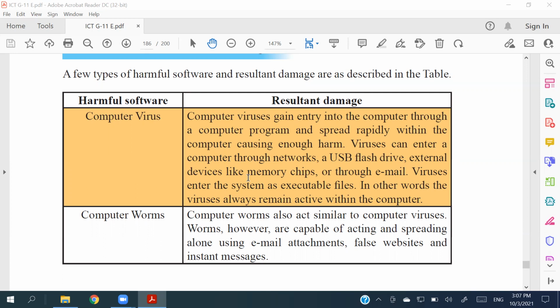So these are executable files. Someone should execute them at least once. Without executing it, it won't have the ability to spread into our computer. But the trick that viruses have in their program is that they are always calling for us to execute them, right?